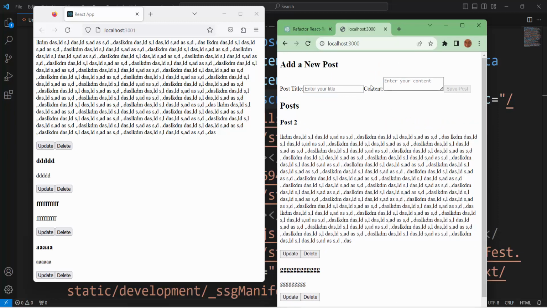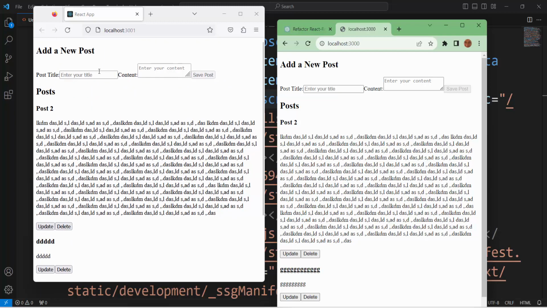When I refresh, at that moment I fetch data from the server. It means that whoever is looking at the server sees my content at this moment,